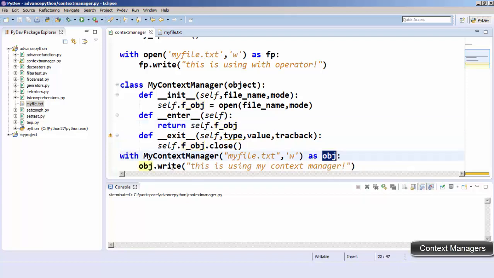And here you can see I'm using the write method. So I'm writing with this object. This object is having all the handles, which is returned by the enter method. So which is a very special method, and you can use it. So in this way you can create your